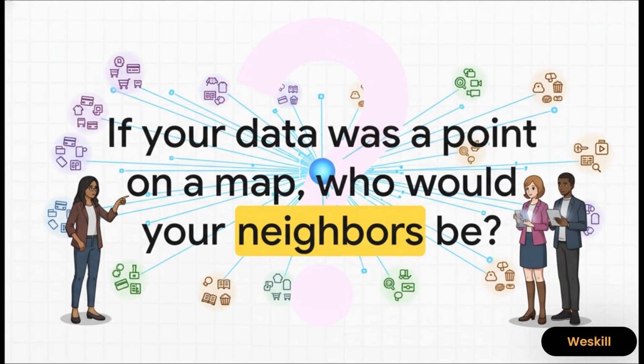If all of your personal data, every product you've bought, every movie you've watched, every article you've read, was plotted as a single point on some giant invisible map, who would your nearest neighbors be? And what could their data